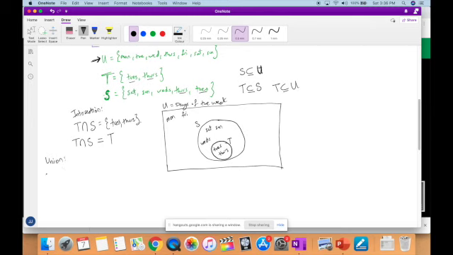What if I said T union S? And that is not how it is written, union. You don't write it like a U, it's a horseshoe, so you just go up like that. T union S. What is T union S? That would be Saturday, Sunday, Tuesday. Right. So what you're trying to tell me is everything in T as well as everything in S,